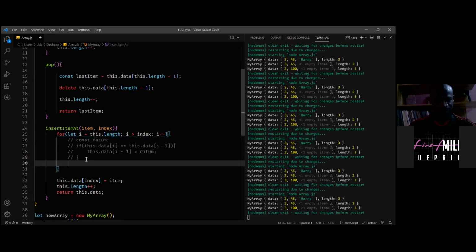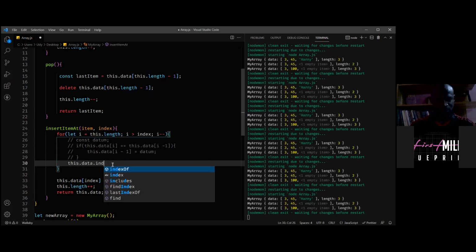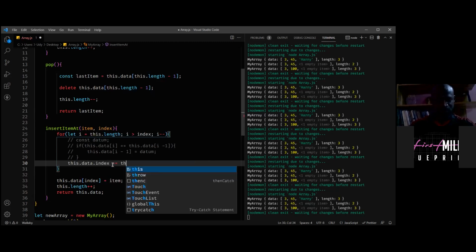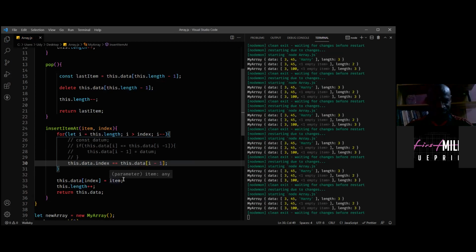If we say this.data.index is equal to this.data[i] minus 1, it still gives the same thing. Well, because we're passing an index that we want to replace the item at.